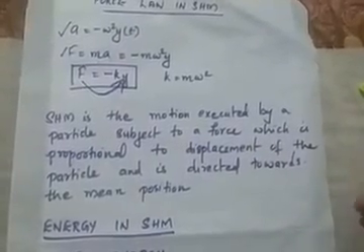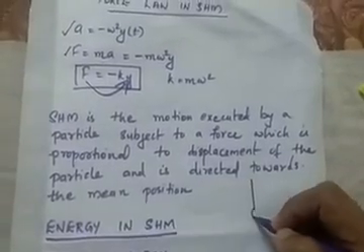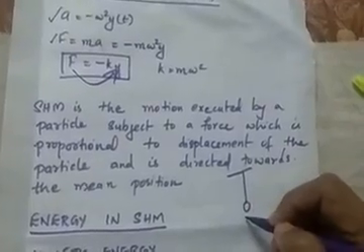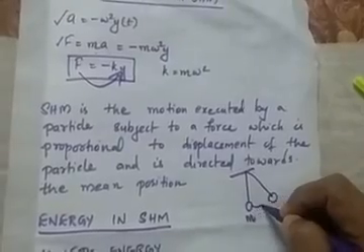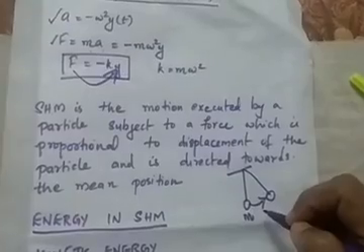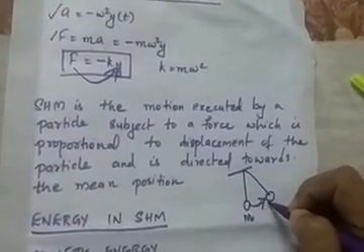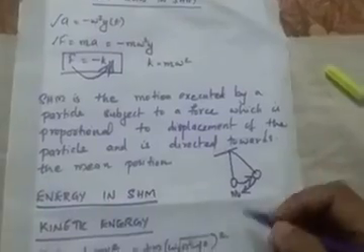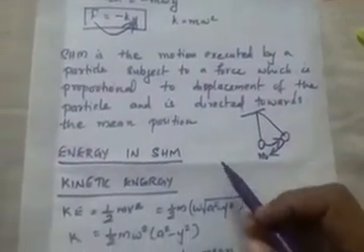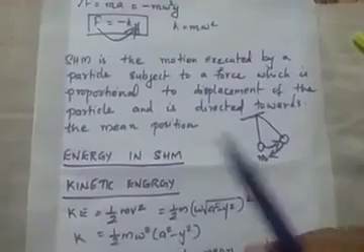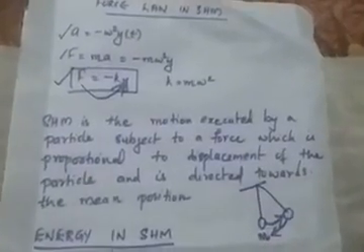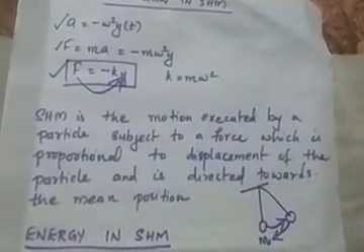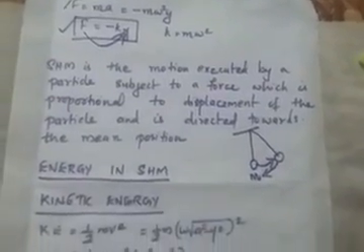Opposite to displacement means it is directed to the mean position, because if we consider this as the simple pendulum, this is our mean position and this is the extreme position. So when the pendulum oscillates in this way, what happens? The force is acting in the opposite direction, that means towards the mean position. That's why the negative sign appears in the expression of the force. So this is the force law in simple harmonic motion. Force is directly proportional to displacement and is opposite to displacement in the case of simple harmonic motion.